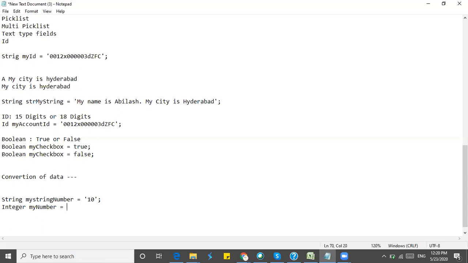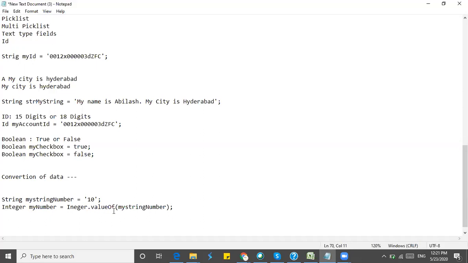Then I can say Integer.valueOf. So if I say in this format, then this string value, the number 10 in string format, will be converted into integer, and it will be saved in this variable.